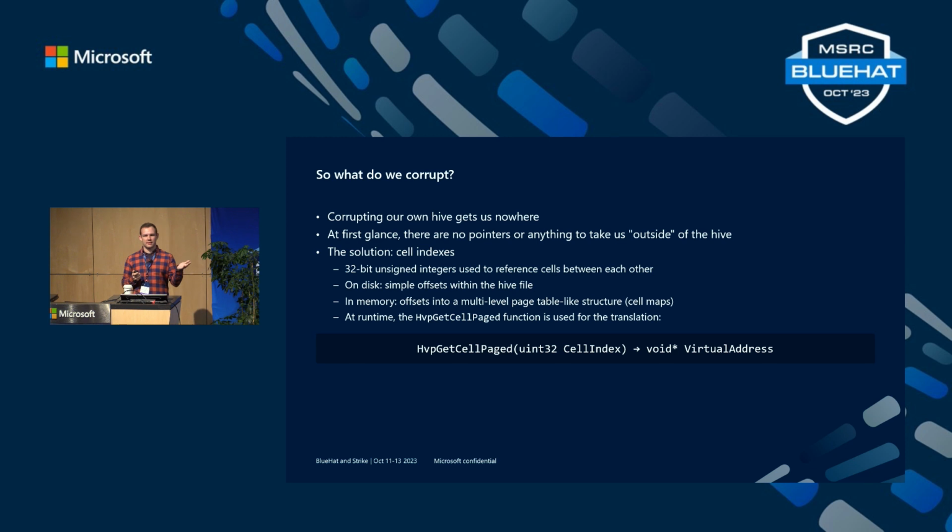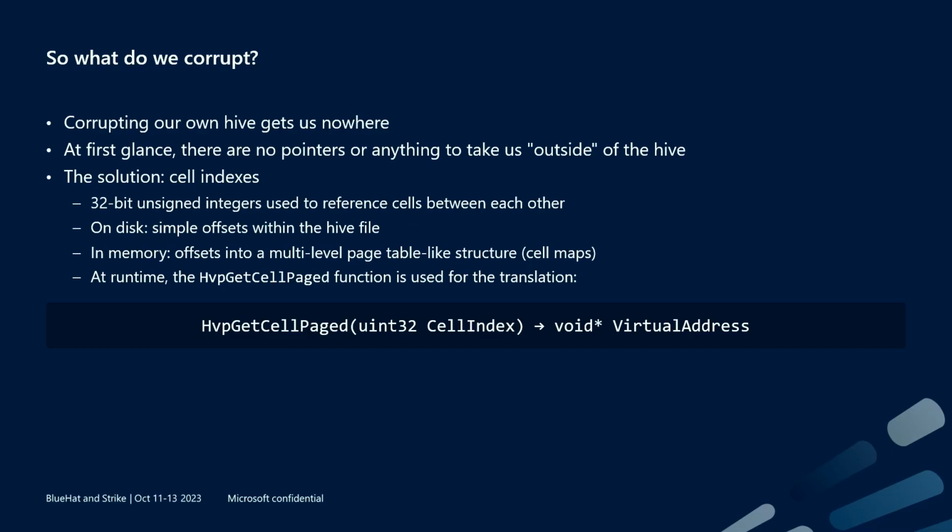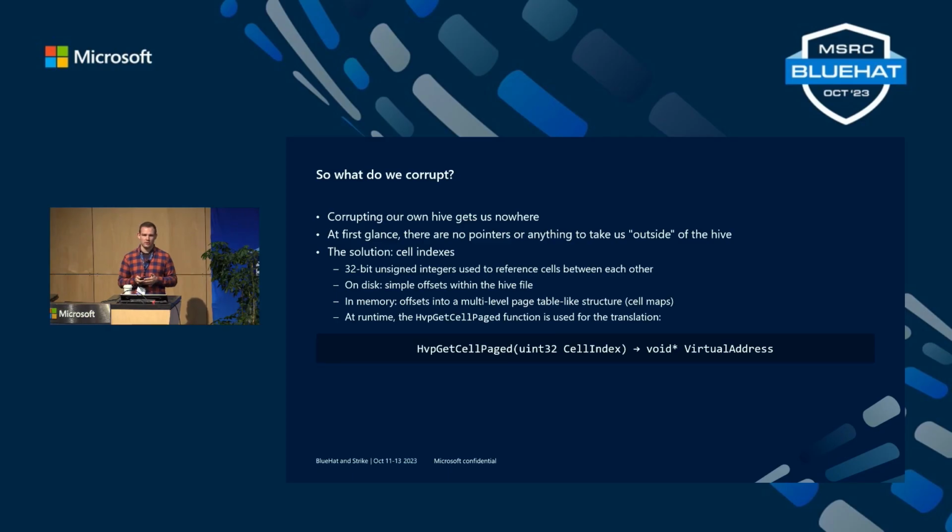So when you want to translate a cell index into a virtual address, you have to go through this special kind of structure called cell map, which is very similar to a page table-like structure that we know from, for example, the x86 architecture. And internally at runtime in Windows, there is a special function called HvpGetCellPage, which takes the cell index. It also takes a pointer to the Hive, which is not shown here. And what it returns is the virtual address where the cell is mapped,